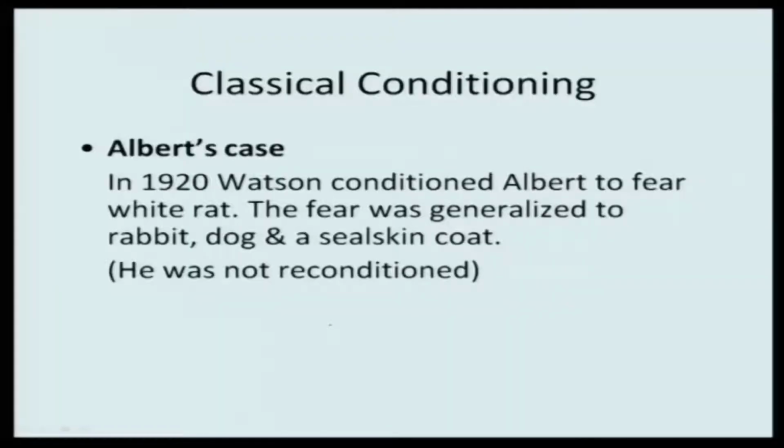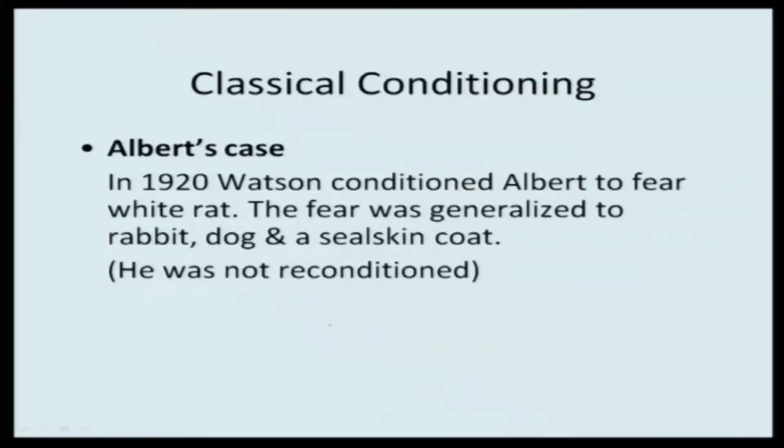Two experiments are worth mentioning here. Watson in 1920 tried to condition a human baby named Albert, and in all books of psychology you will find Albert's case. Albert was basically conditioned to fear white rats. What actually happened was, Albert, the small baby, would crawl to a soft toy, and the moment Albert was about to hold the soft toy, Watson would create a big, uproarious sound in the lab.